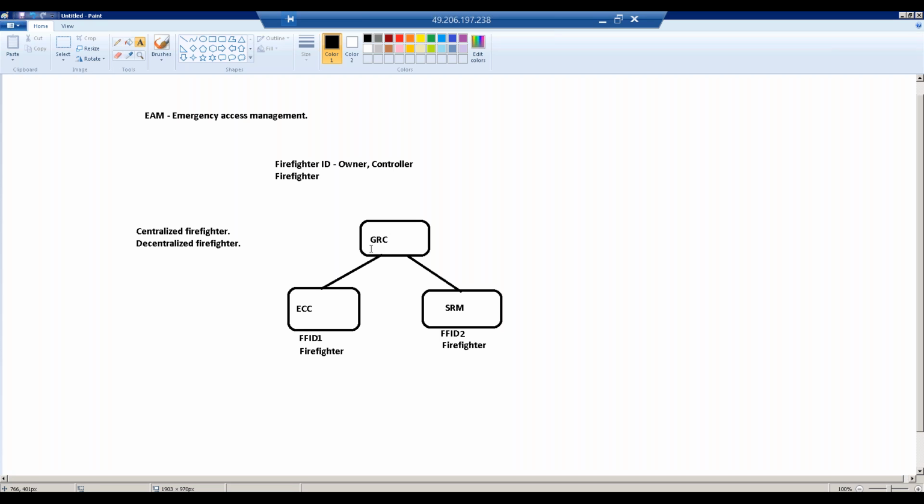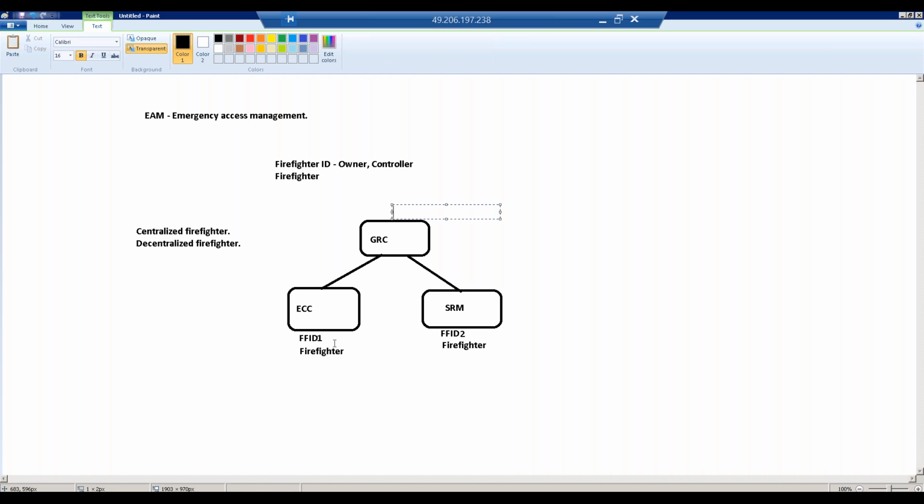GRC will help you assign that firefighter ID to the firefighter with the help of approvers, and it will also take care of the log, and the log will again be sent to the controller. This firefighter ID will be a user ID, right? So that firefighter ID will have an owner and controller. That owner and controller will be assigned in the GRC system. The owner will get a request to approve that, and the controller will get the logs in the